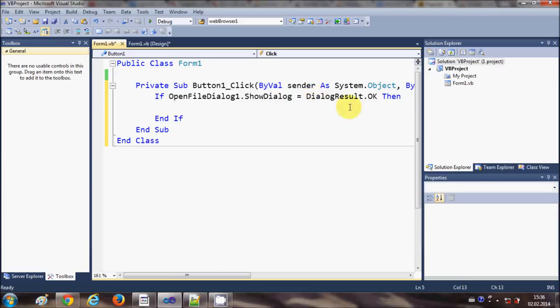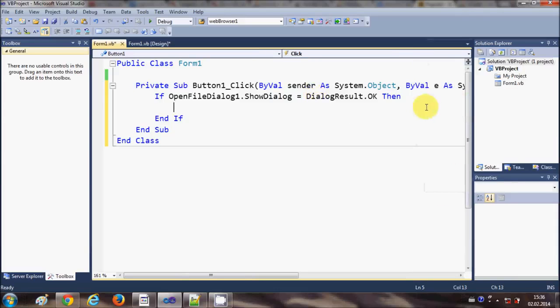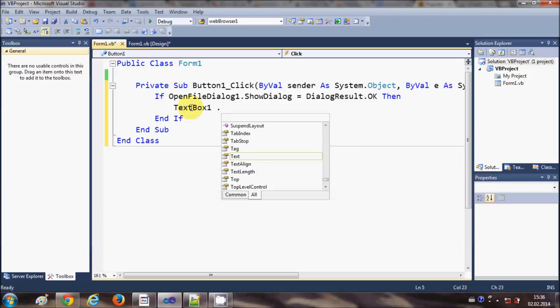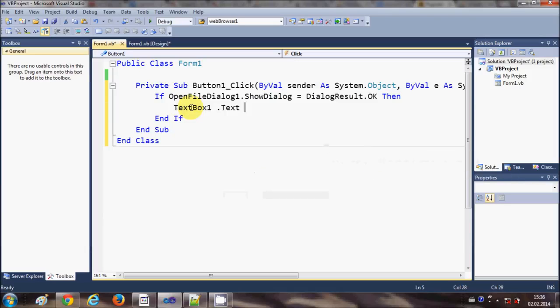and then if this is OK, so what this sentence is doing is it will open the OpenFileDialog, and if the result of the file dialog, or the path which we have selected from the OpenFileDialog, is valid, then it will execute the piece of code which we want to execute. So here we will copy the path of the file we will select from the OpenFileDialog and show it in the text box. So I will write TextBox1, which is the name of my text box, .Text